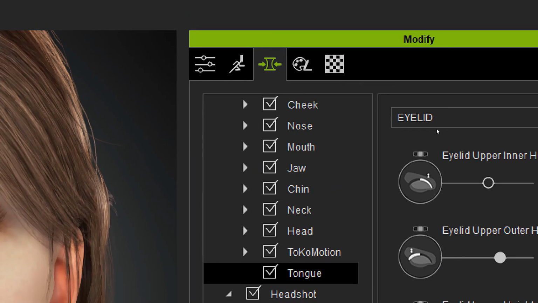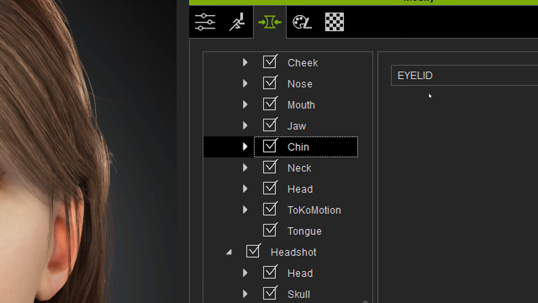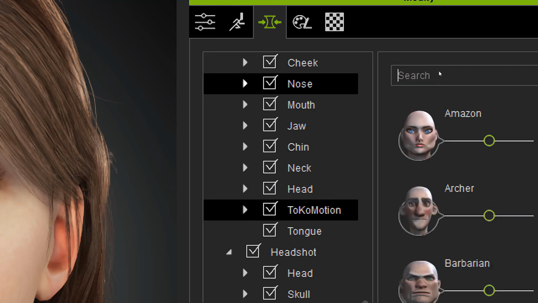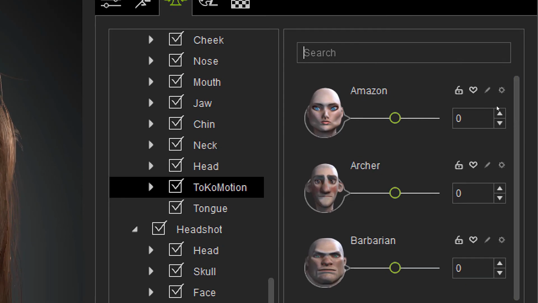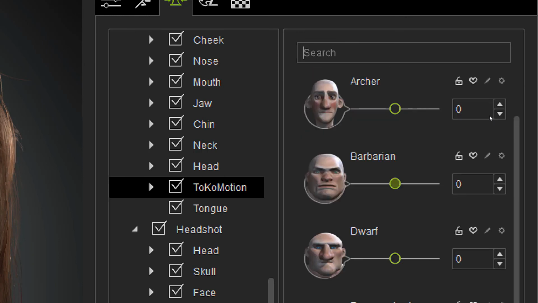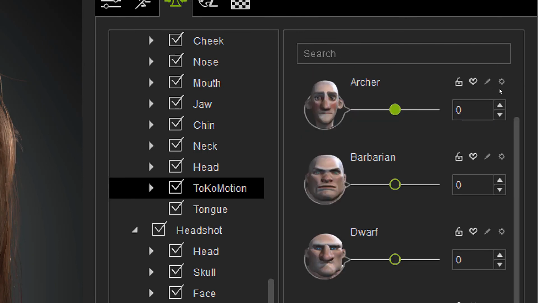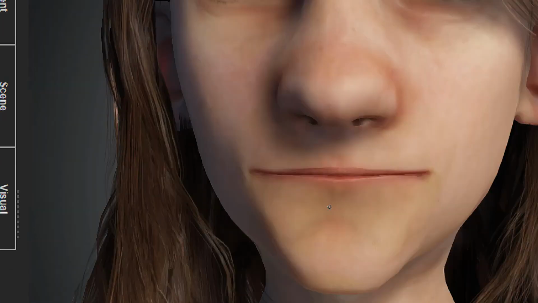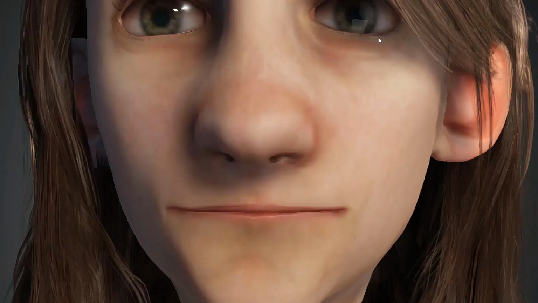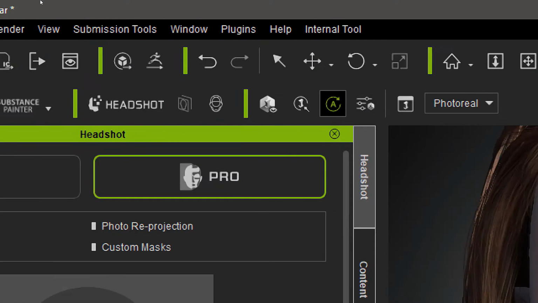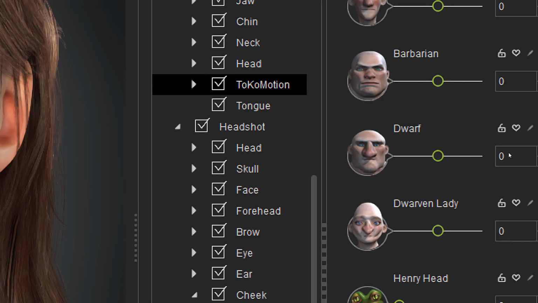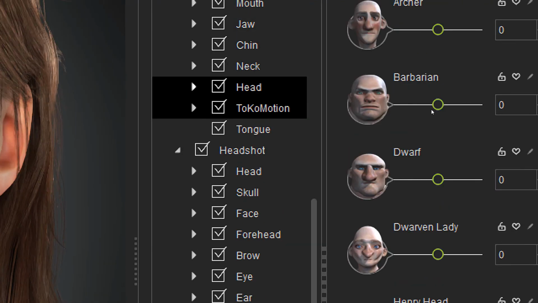Oh, right here. Okay. So if we go like, let me get rid of this. These are the Tokomotion packages, and as you can see, if I apply this, that's gonna look horrible. It's very cartoonish. I don't really think I want to do that. The avatar I just created is really nice. Okay, but I'm just showing you that